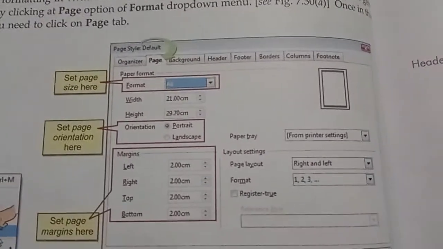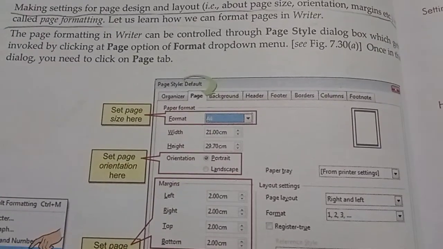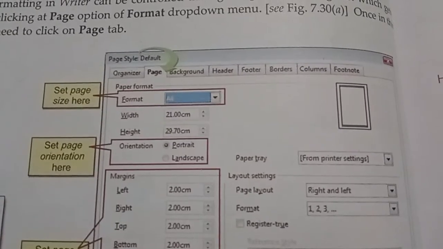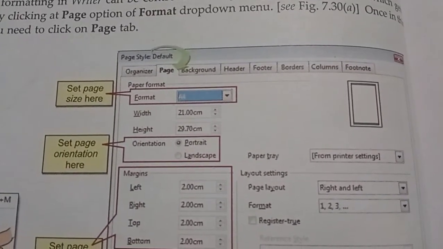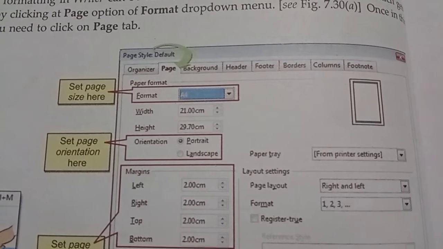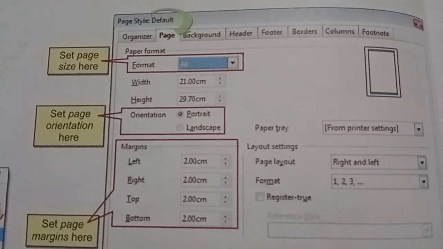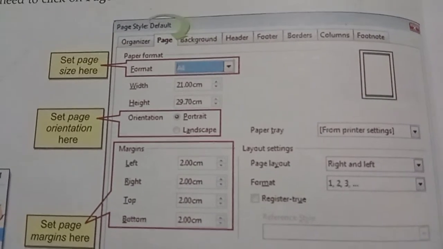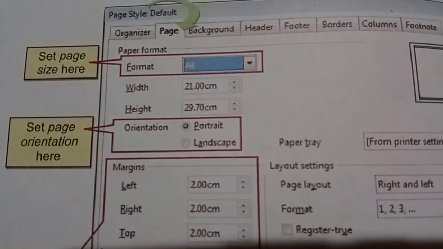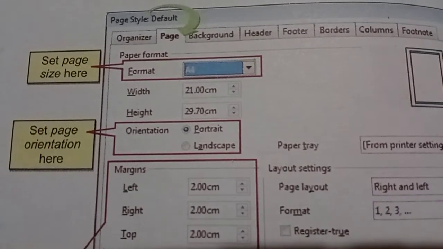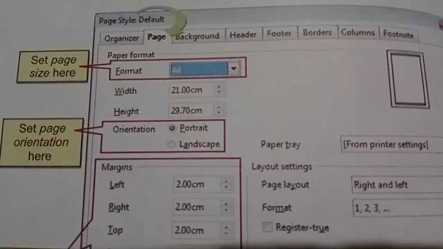Look at that here. In the format menu you can take the page option. Then first one is called page format. With page format we can set A4 size here. One drop down list is here, so we can select any one of the formats. So this one, select A4. A4 size means our normal printing paper.